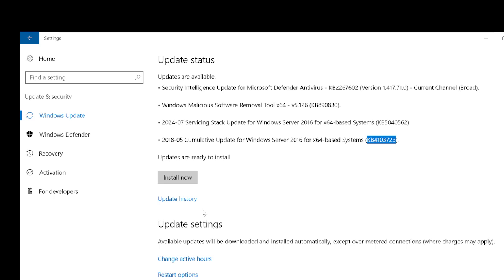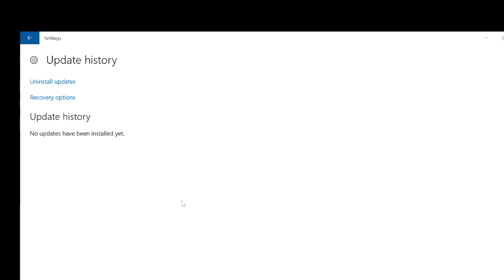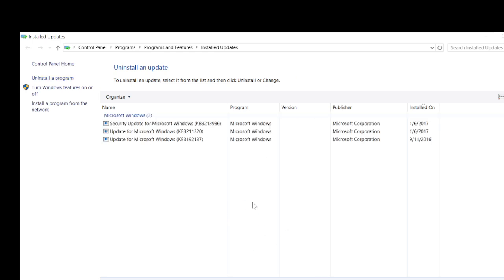If you want to see what has already been installed, open update history. There is no history because we have not installed anything, but after the installation you can see all the installed updates here. If you want to uninstall something, select that installed update and click on uninstall. You can select the KB and uninstall the program.